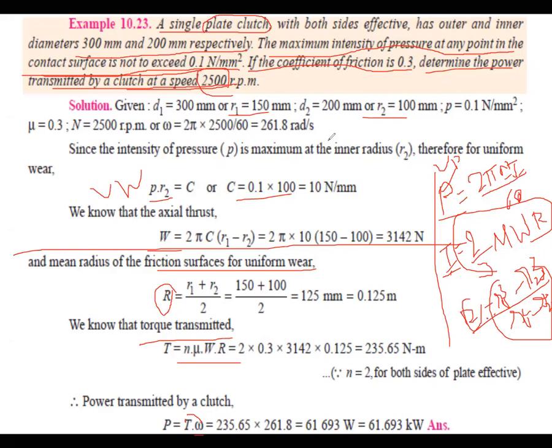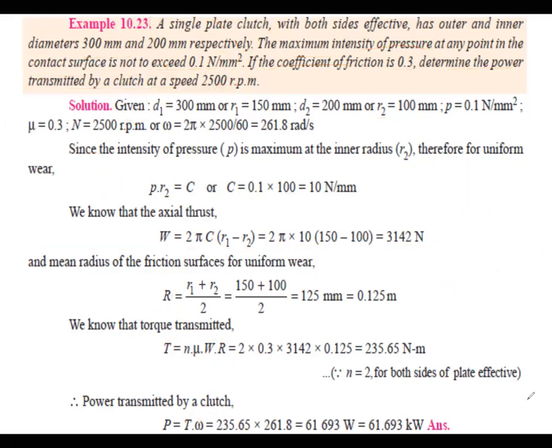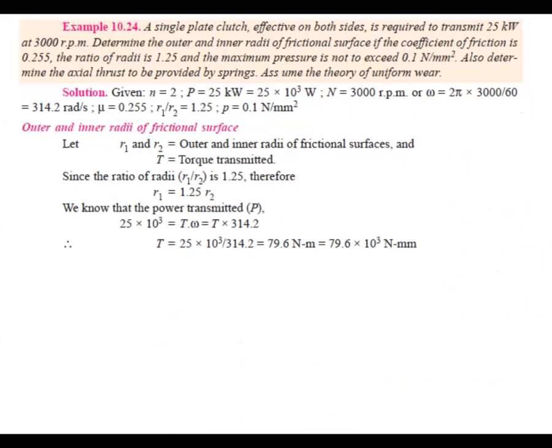So very initially, you read the problem carefully and go for writing the given data. Once you know the given data, go for finding the required data. So what has to be found out? Take the formula for the required value, then substitute all the values in that formula. You can find it out and reach the final solution. Right? So that is the one.